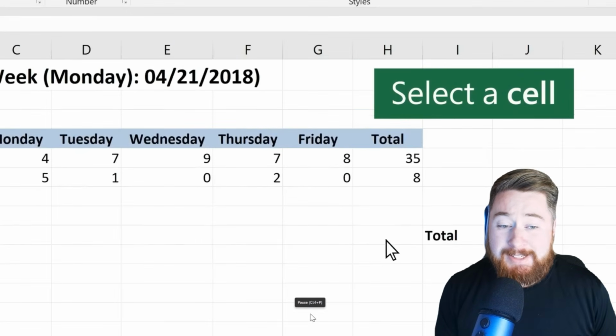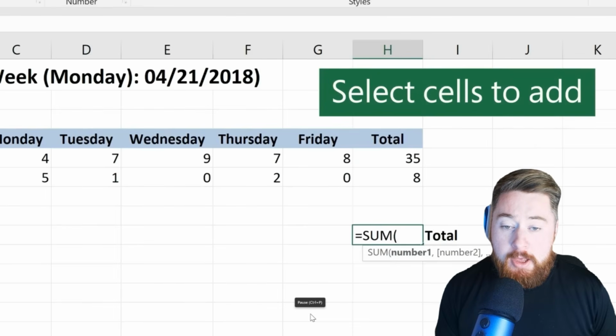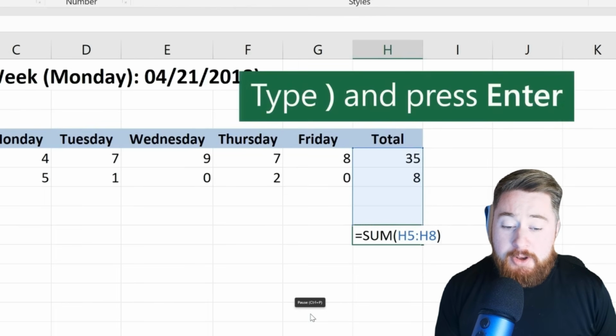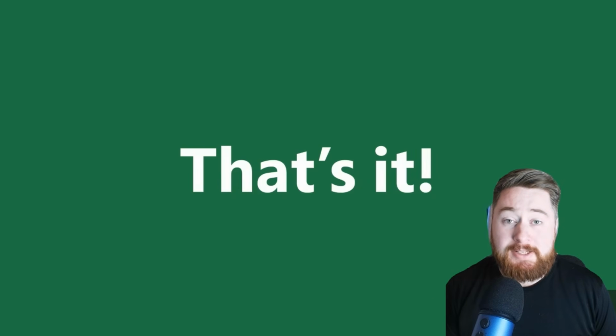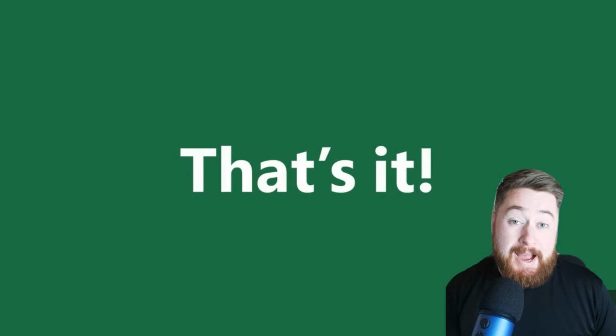Now I'm going to start off by selecting a cell inside of my spreadsheet and then typing in equals followed by sum and an open bracket. Then all I need to do is select the cells that I want to add up, and you can see them entered into this cell. Then use the close bracket and click on enter. And that's it, as simple as that. That's exactly how we can use the sum formula to calculate or add up two or more values together inside